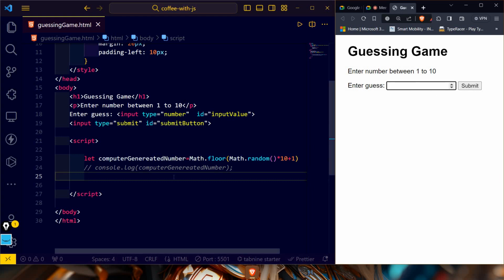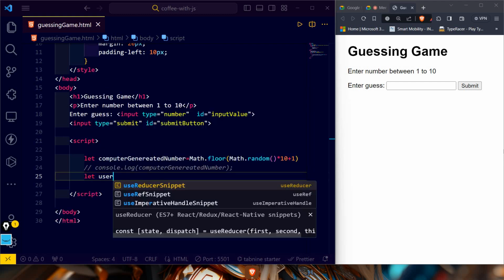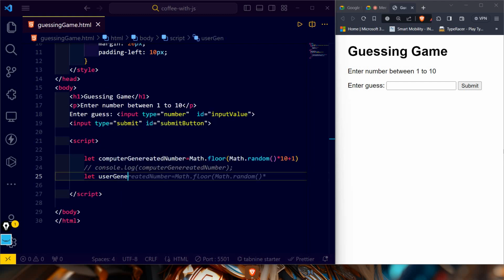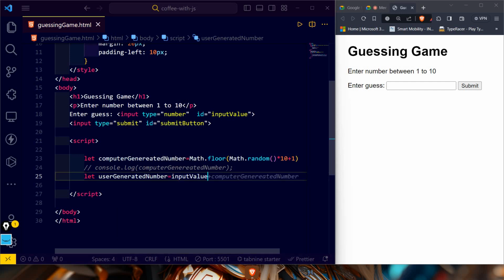तो लेट एक्स हो गया हमारा, जो कि कंप्यूटर ने नंबर जनरेट किया। और एक अच्छा मैंने कहा था आपको कि हमको एक्स वाई अगर इस तरीके से अगर हम वेरिएबल्स को नेम देते ना तो इट्स नॉट गुड प्रैक्टिस। तो मैं क्या करूँगा, let computerGeneratedNumber equals to, ये मैंने सिर्फ क्या कर दिया, एक वेरिएबल को डिक्लेयर किया है, उसको इनिशियलाइज करूँगा मैं अभी। तो हमको पता है कि हम रैंडम नंबर कैसे जनरेट करते थे, मैथ डॉट